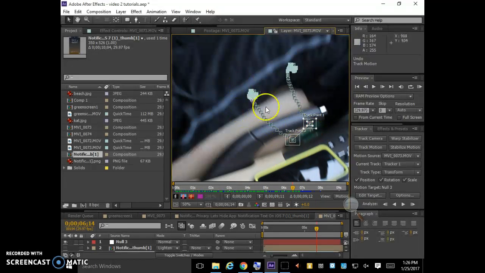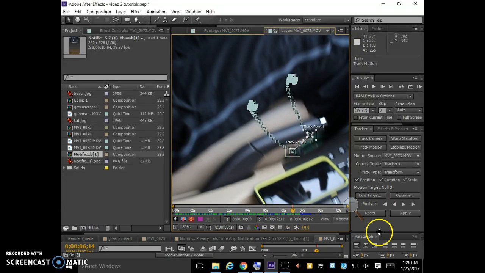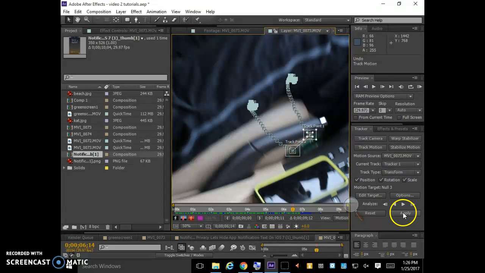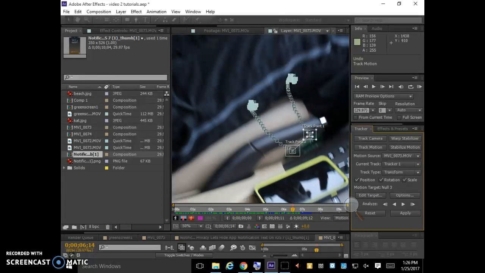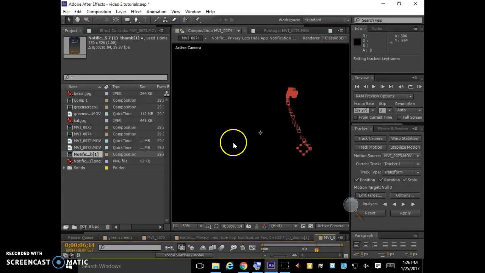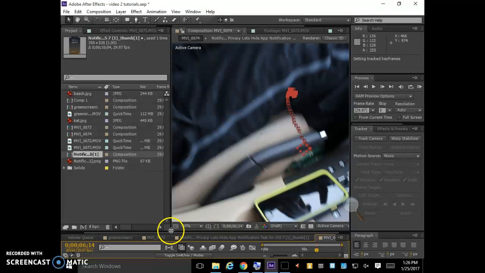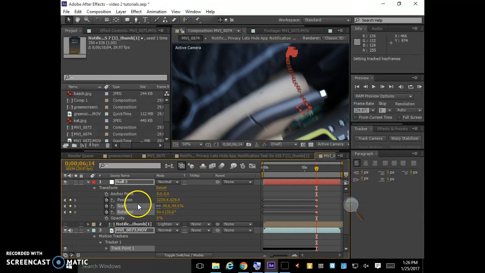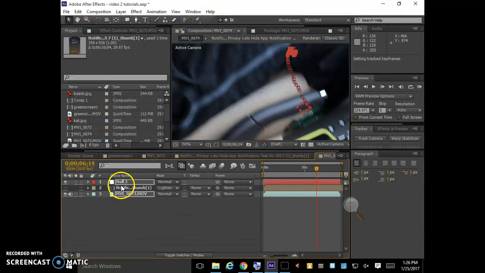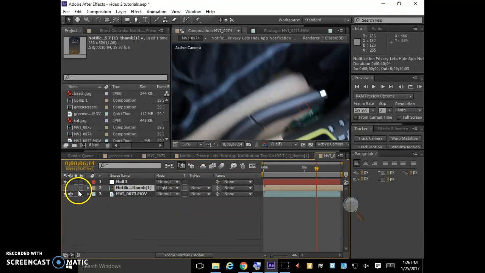But I'm going to apply this tracking information to the null object. So under here, I'm going to hit apply because my target is null 3. So I'm going to apply it to null 3. And that's going to work for the most part. You can see it took the position, scale, and rotation here, made keyframes for null 3. So now I can take my notification thing here, and I'm going to parent